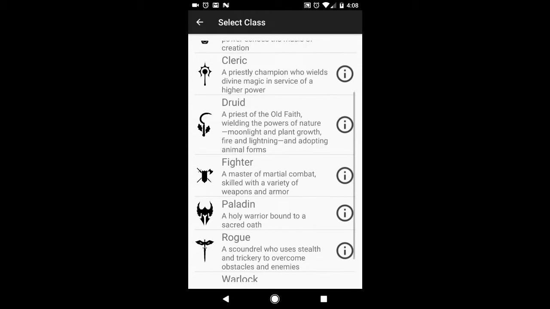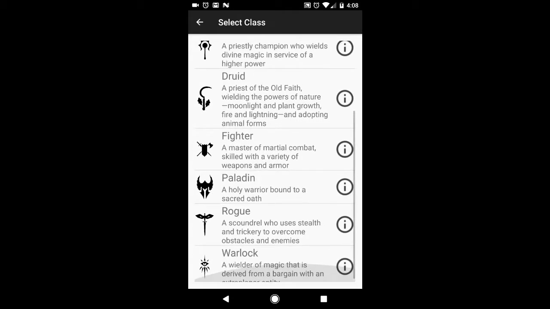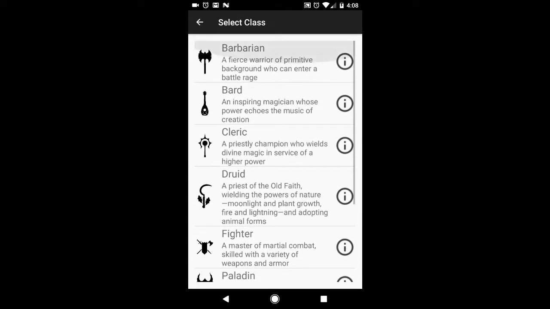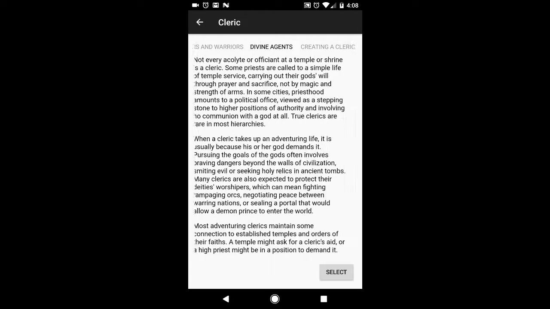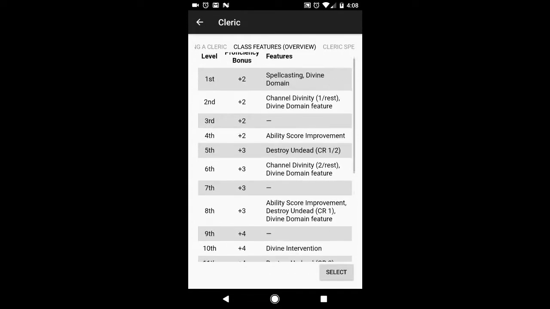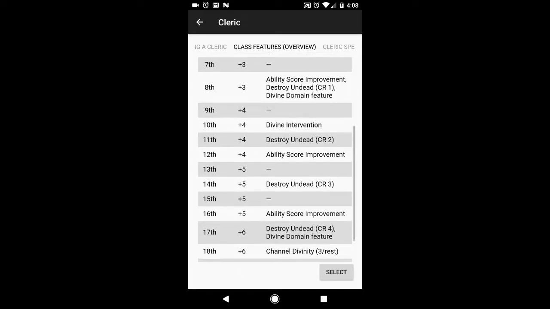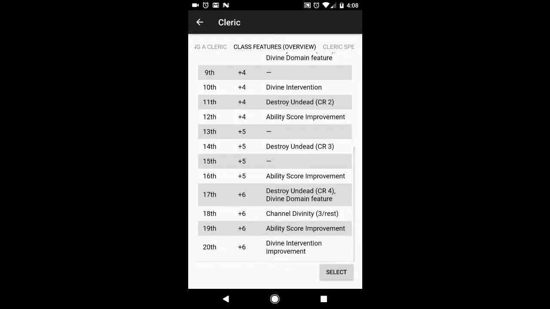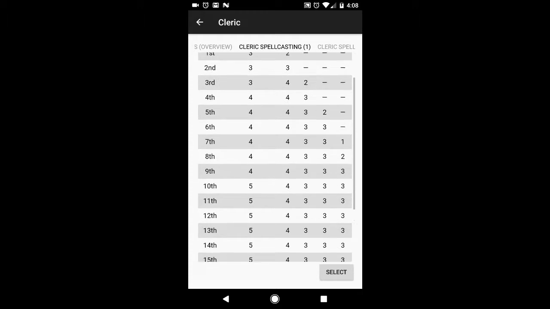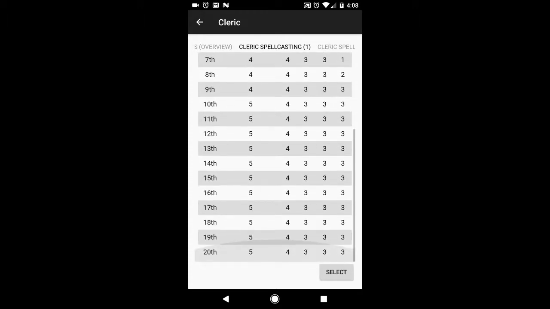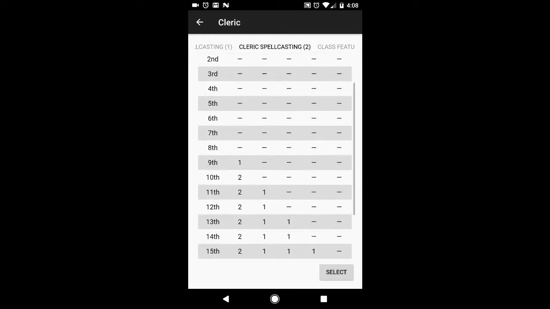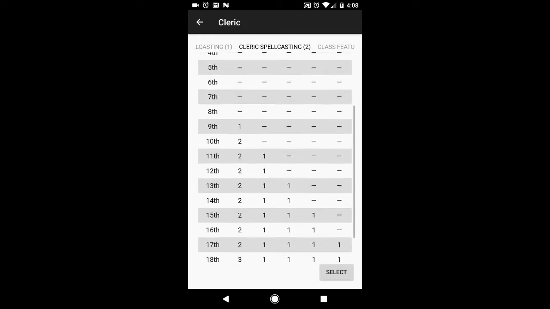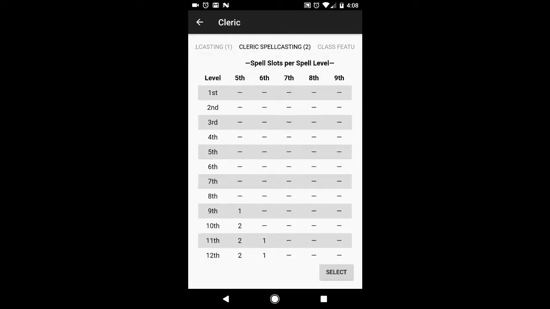And then I can pick my class, and of course not all the classes are implemented either, but I've got a good chunk of them there. Let's check the info for the cleric class. I can go through it, and again it's the full player's handbook description. And yeah, got the charts and everything, spellcasting charts as well. So essentially all the information that's in the player's handbook for the cleric is going to be in this cleric